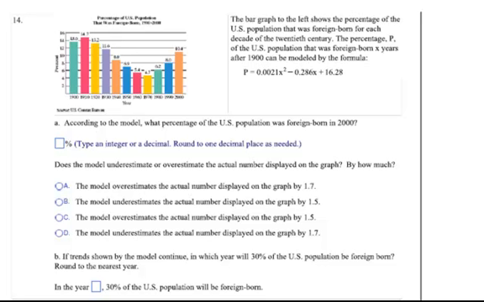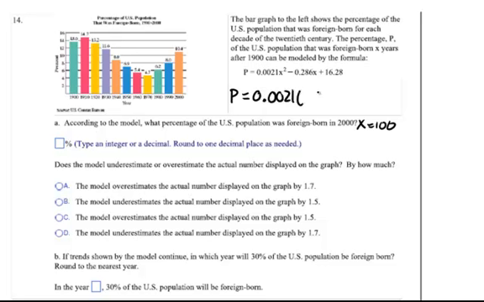For A, according to the model, which is going to be the equation, what percentage of the U.S. population was foreign-born in the year 2000? Well, x is the number of years after 1900, so to solve A, we need to know that x is going to be 100, since the year 2000 is 100 years after the year 1900. So we'll have P equals